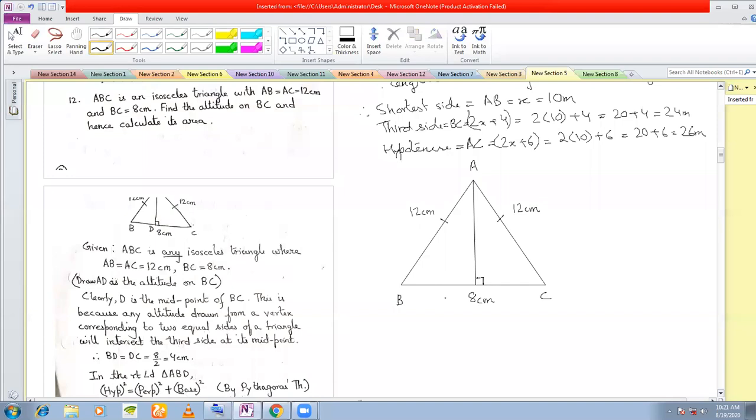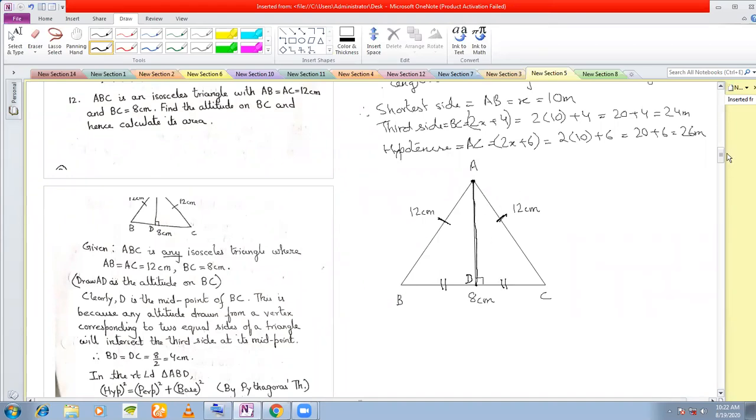Now there's something you must remember always: in an isosceles triangle, if you have two sides equal, these two sides meet at vertex A. From this vertex, if I draw a perpendicular on the opposite side, and call this point D,